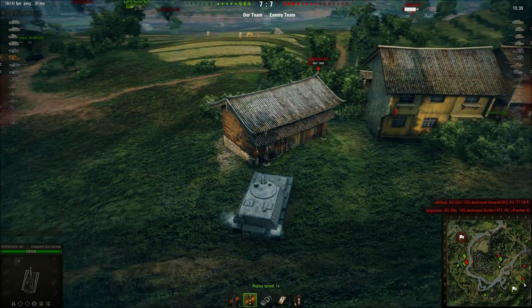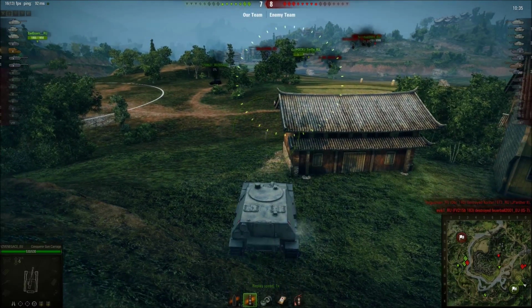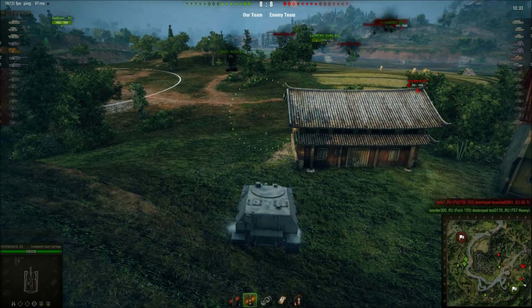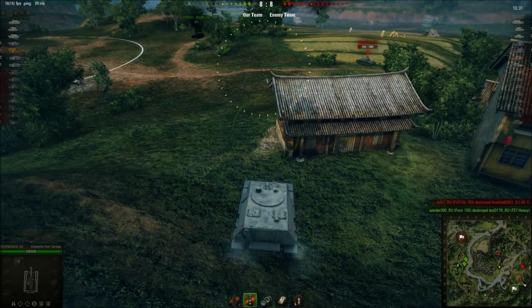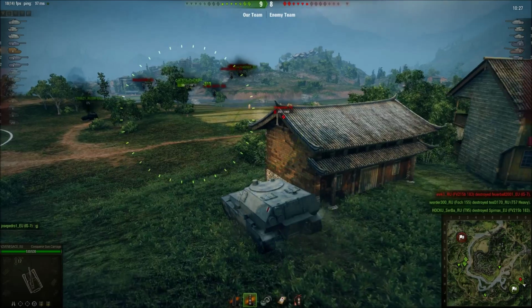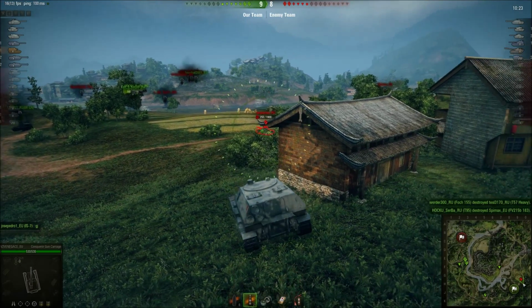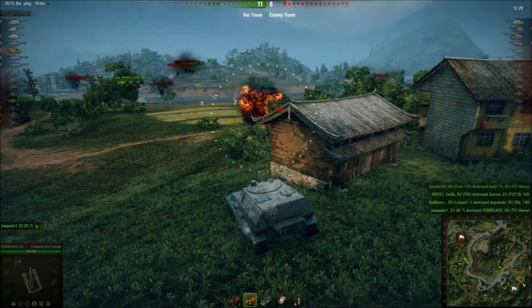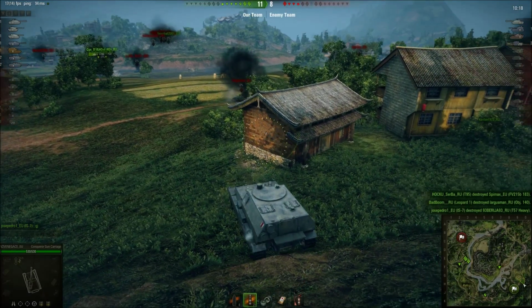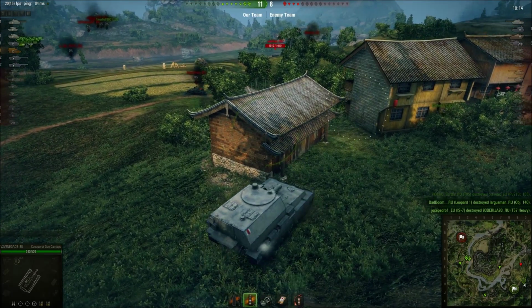So I'm hoping this Object 140 dies, because if he doesn't, he's a real threat to me. The scores are 8-8. Let's see, will the scumbag survive to the end? I want to shotgun this guy, but unfortunately I don't have the gun depression, so I back off, and when I have the shot, somebody else kills him, and I was properly spotted. And they also have a scumbag, and so